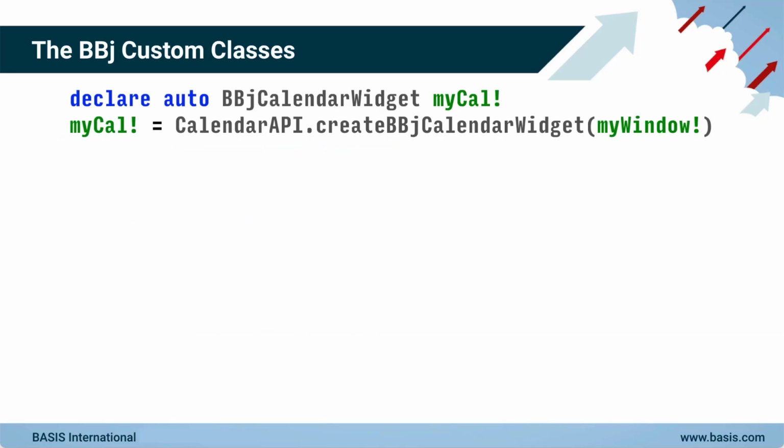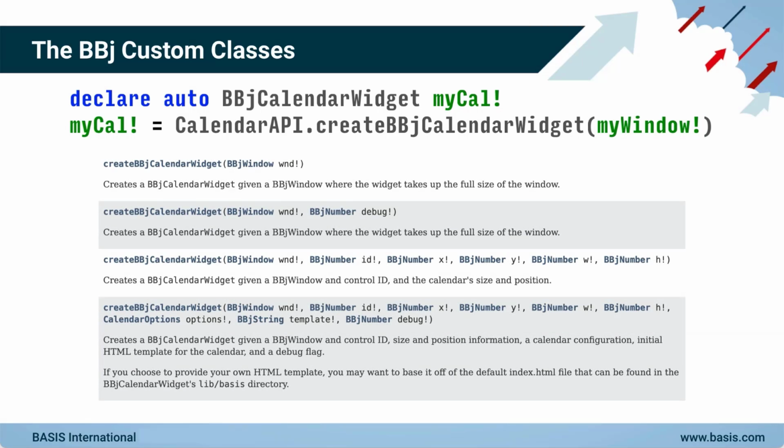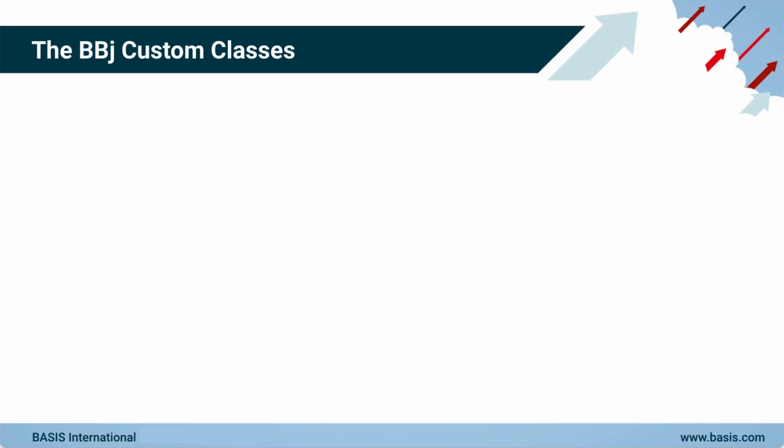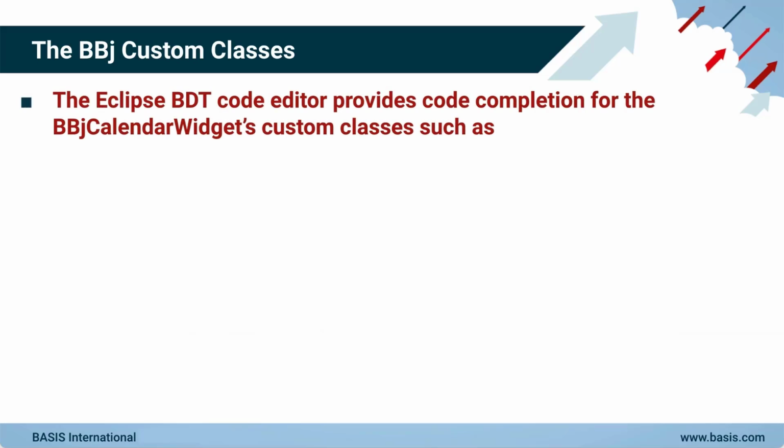This line of code created the calendar in the simplest possible way, by calling a method that takes a single parameter, a window or a child window that will contain the calendar. There are other creation methods that take more parameters if you want greater flexibility and control over the calendar. And the Calendar API class is a handy way to access constants, such as the calendar's view types and callback events. And since we declared the myCalBang variable as a BBjCalendar widget object, we can now benefit from code completion